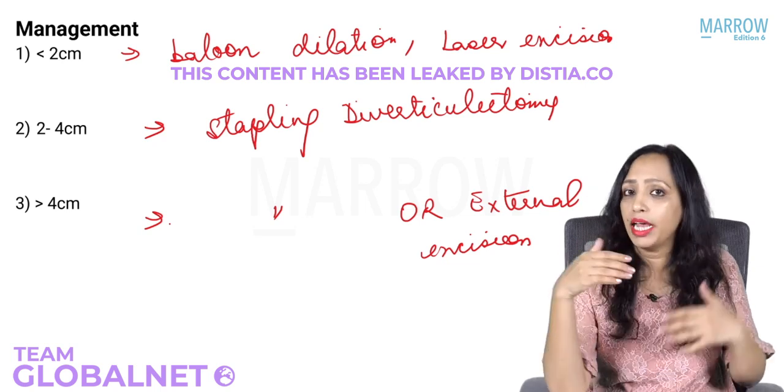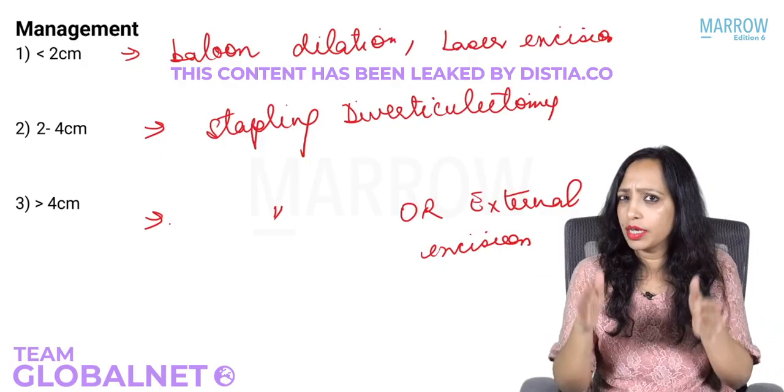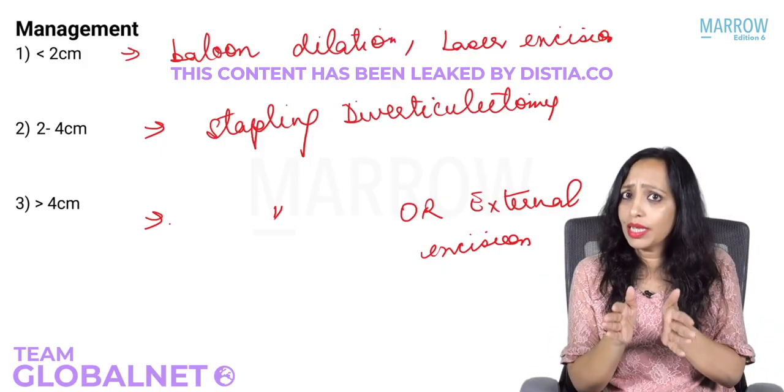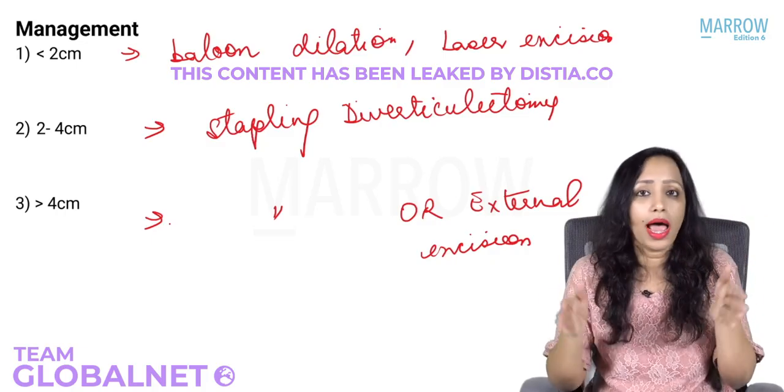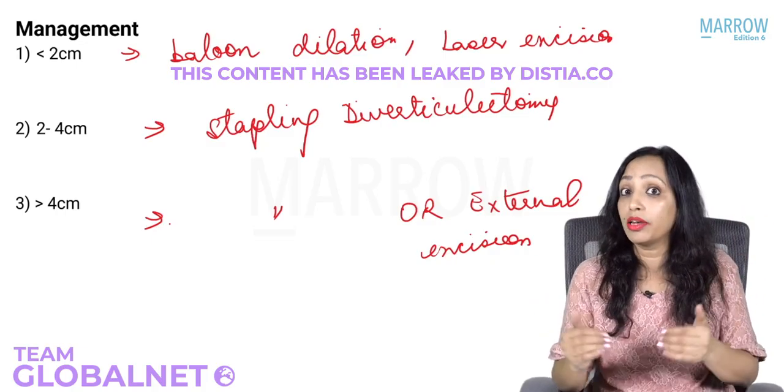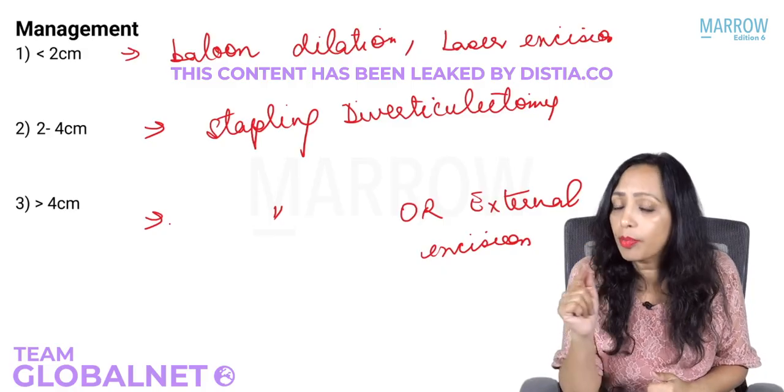Morgagni. Yes. In between the middle and inferior constrictor, is there a gap? Yes, in middle and inferior constrictor, there is a gap. Laterally or posteriorly? Yes, that is a lateral gap. And what is the nerve that enters in between the middle and inferior constrictor, at the upper border of the inferior constrictor?